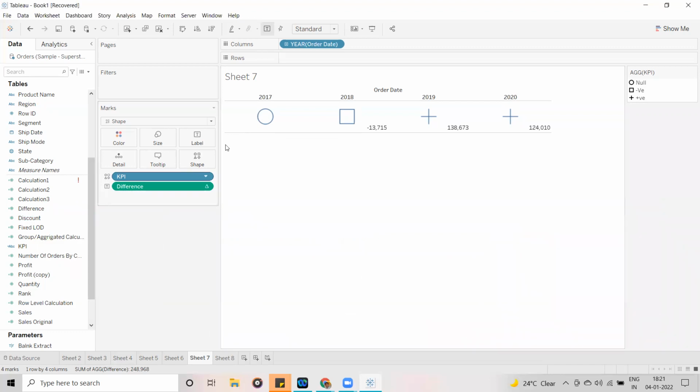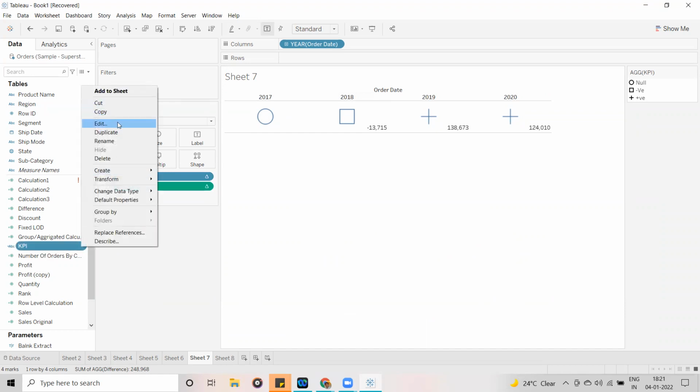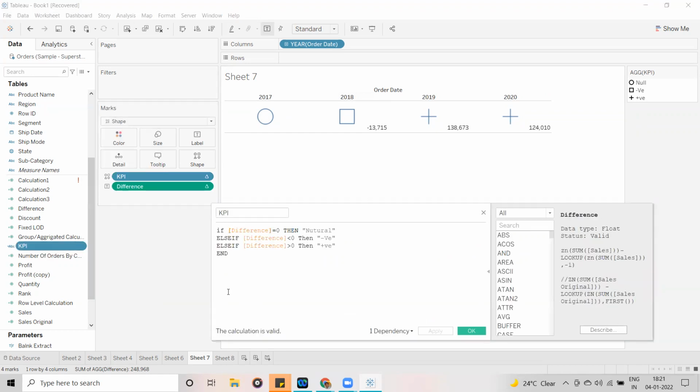Okay, let me check the KPI. Yeah, if I apply there also, nothing problem. So ZN, here also you can apply, guys, no worry. Guys, don't think it's complex. Once you try to analyze and think, it is going to be very easy.